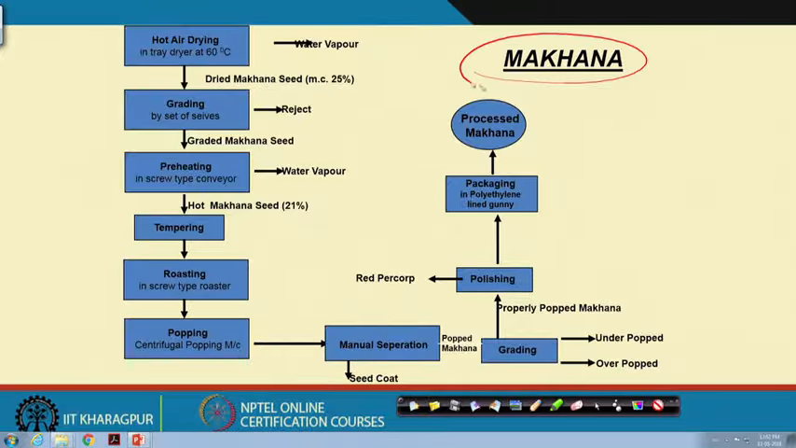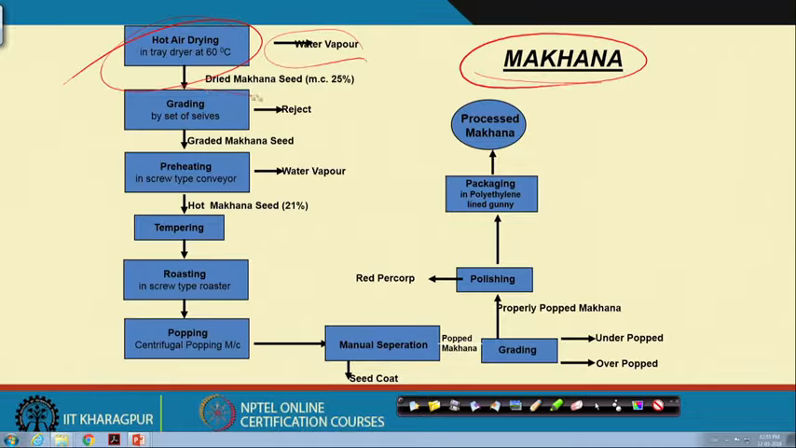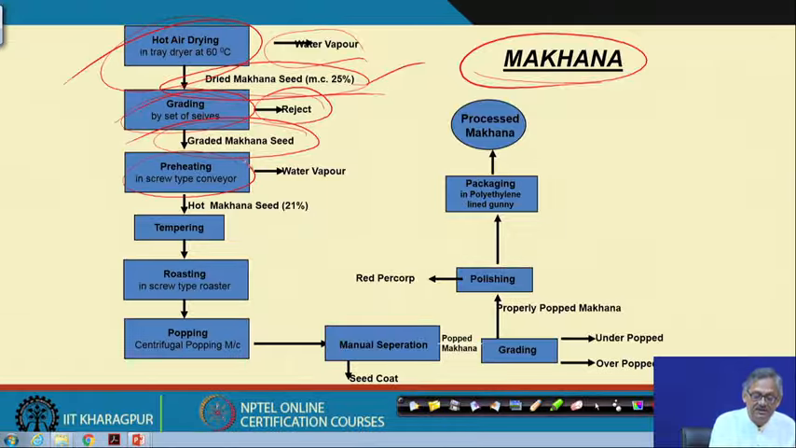North Indian dishes. So, what you make from it: hot air drying in tray dryer at 60 degrees centigrade, right, some water vapor goes out, dried makhana seed with a moisture content of 25%, then grading by set of sieves, some are rejected, graded makhana seed, then preheating in screw type conveyor, water vapor comes out,